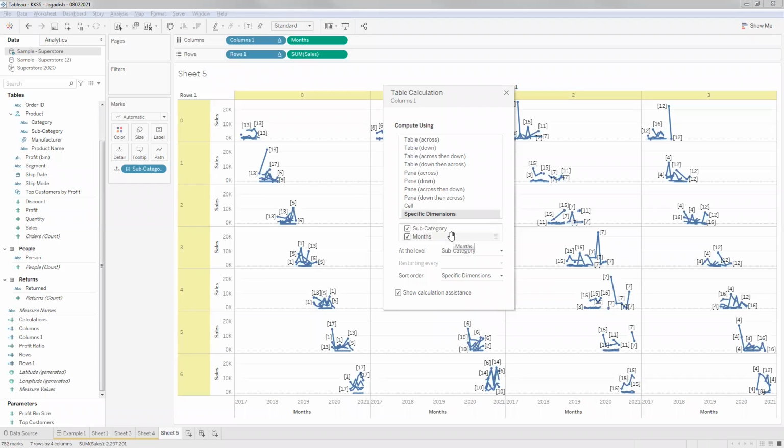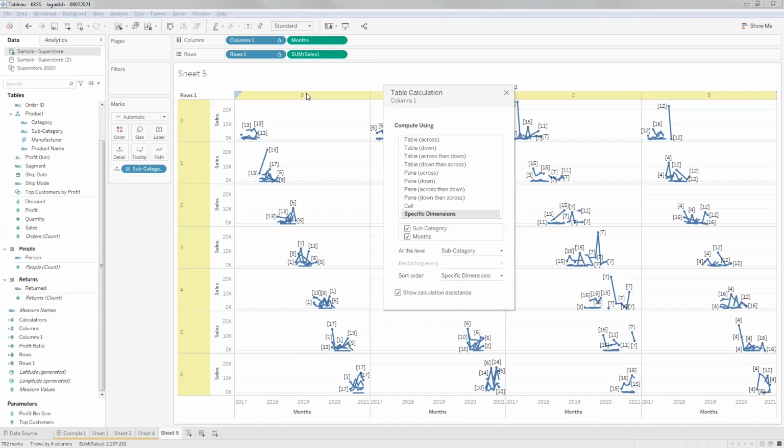I'll come to that in a minute. The other thing to recollect is, whenever you choose the default options, table across, table down, any of these, Tableau understands the view structure that you have created. What do I mean by view structure?